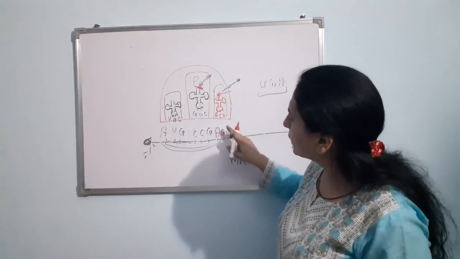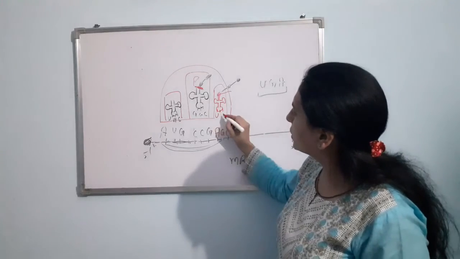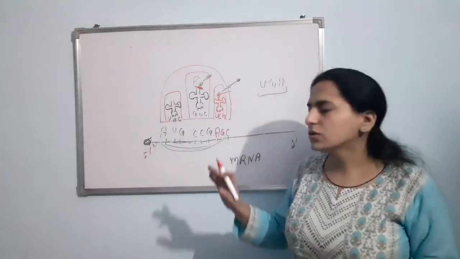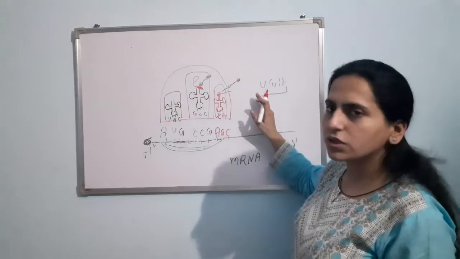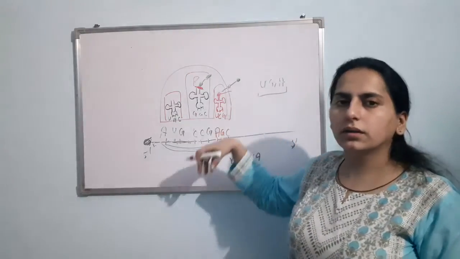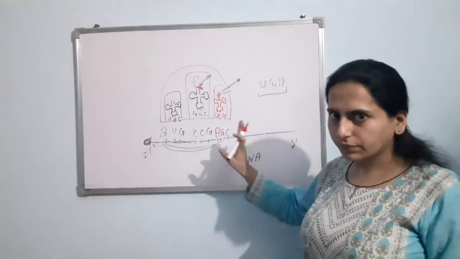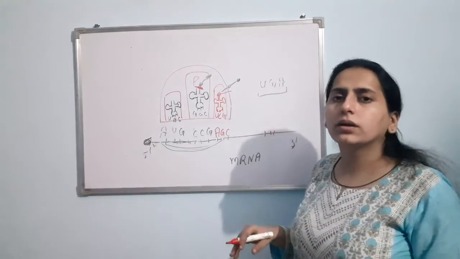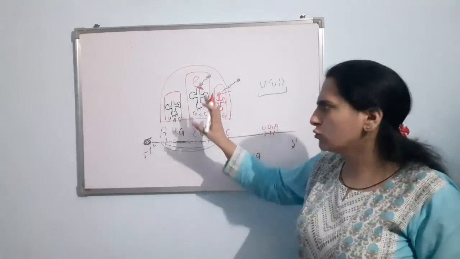So now here the anticodon will be: for A, U will be there. For G, C will be there. And for C, G will be there. Am I clear? Now suppose it will keep on doing the process like this. It will keep on jumping. The A site will keep on becoming vacant, and there will be inclusion of the charged tRNA that will be complementary. Now, there will be a stage when it will encounter the stop codon like UGA. I have written it but that was wrong.